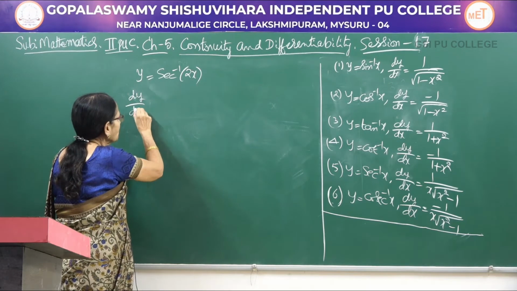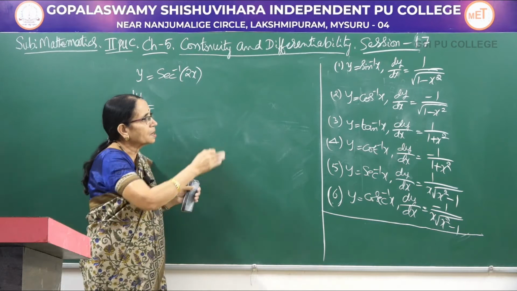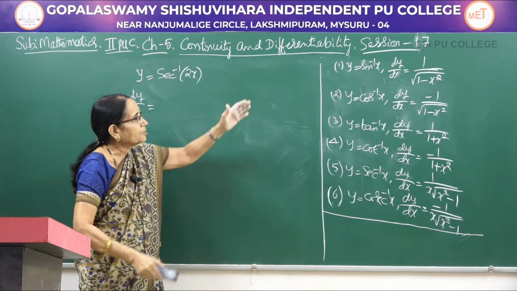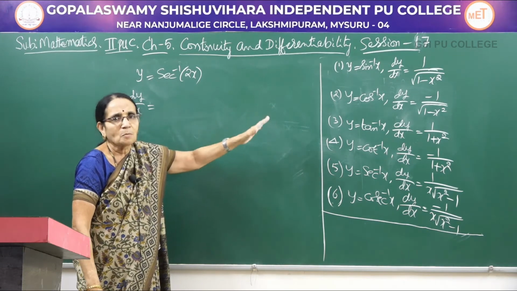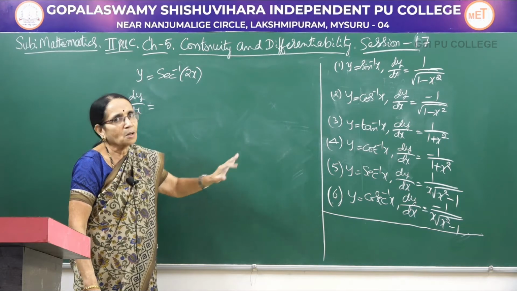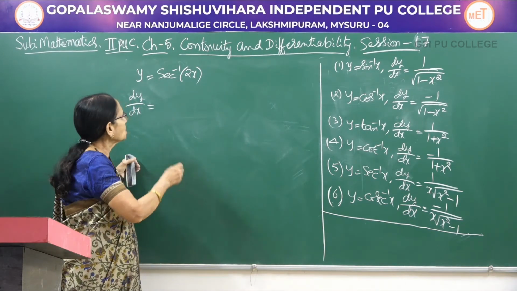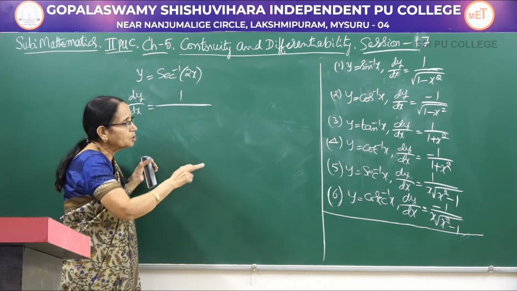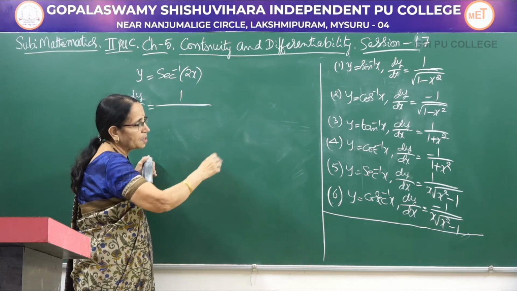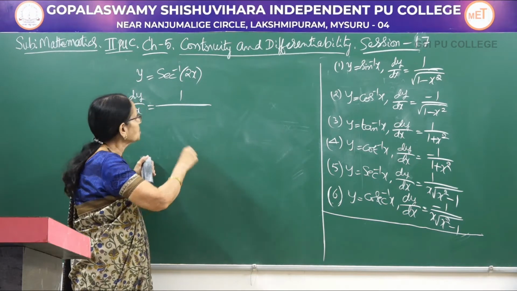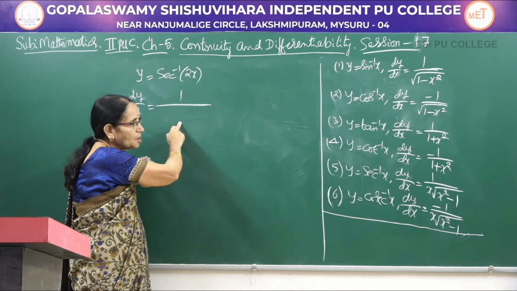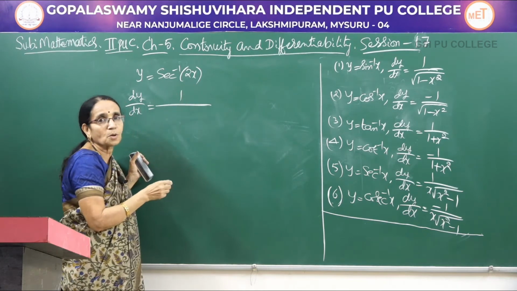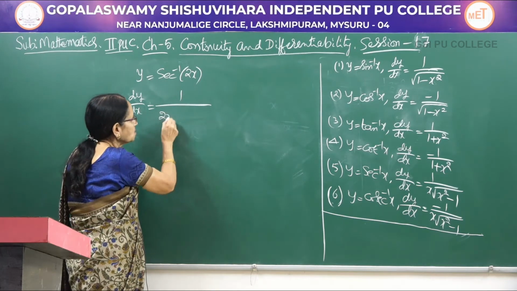First let me write dy by dx. You observe, in the case of inverse functions, all the terms would be present in the denominator. All of them have 1 in the numerator, either 1 or minus 1. So all the terms are present in the denominator only, in the derivative part. Now secant inverse, 1 divided by, it's plus only. Look at the term for the derivative. When x is there, it is x into square root of x square minus 1. Whatever may be the value of x here. In the place of x, what do you have here? 2x. So write that itself.